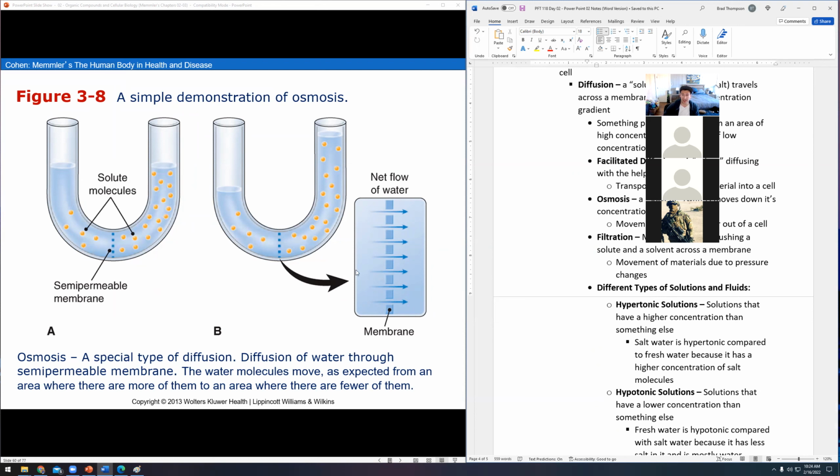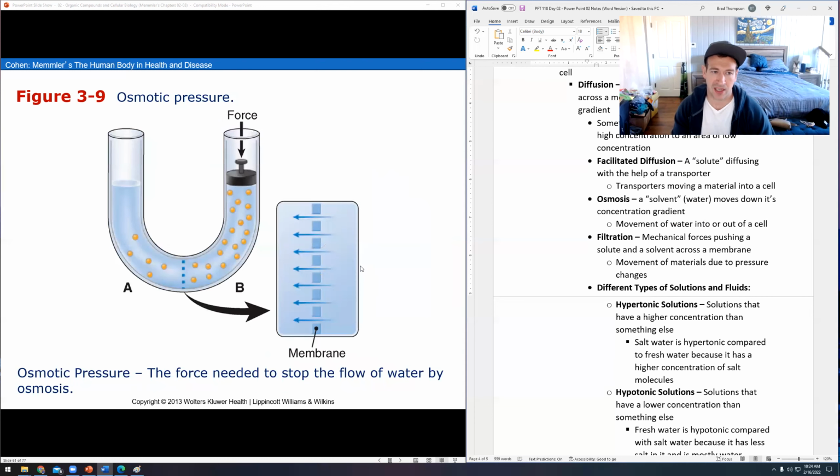This is exactly why they tell you, if you're ever stranded on a desert island or something, do not drink salt water. It may make you less thirsty in the short term, but it will dehydrate your cells. And what will happen is all of your cells will donate their water to push apart the salt water outside of your cells. And this will all get dehydrated, and that's why you end up running into problems. This is also why they say coffee dehydrates you, because you're drinking water, but it has particles of other stuff in it, right? So that's a little bit of osmosis there.